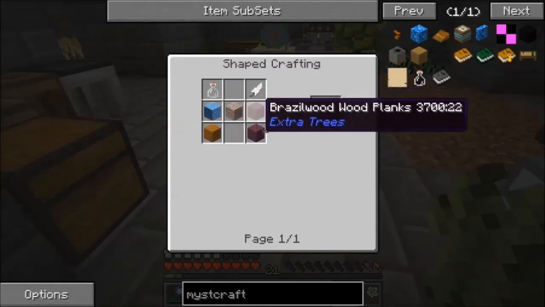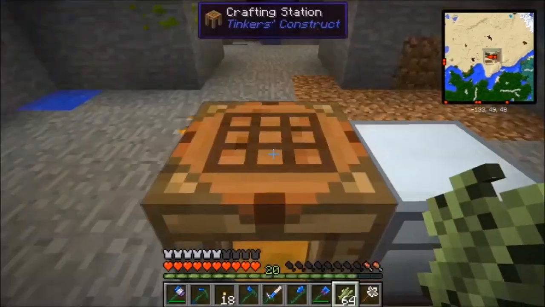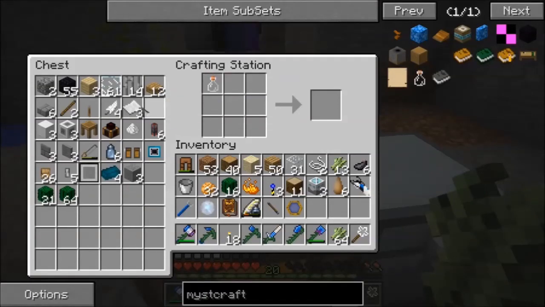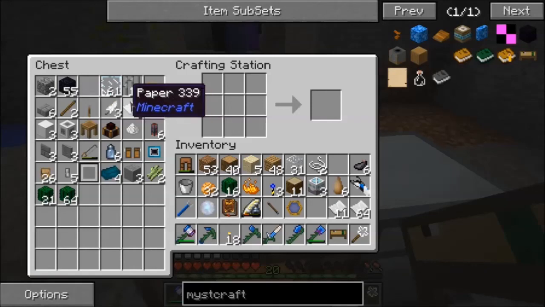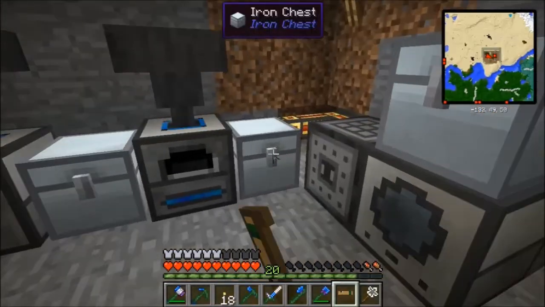Need a feather, a glass bottle, and some planks. Got the planks. Do I have a glass bottle here? Yeah. And I got a feather. Look at that. I am prepared. Don't have enough planks, though. Okay, cool. And now we're going to make a ton of paper. And I'll just leave the rest of this here. And lastly, I need to make...